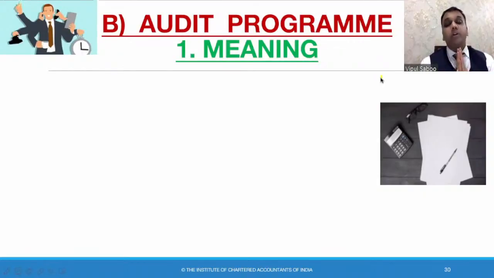Now, before proceeding with the audit, I sit with a diary and a pen, or a paper and pen, and discuss with the team. The engagement team crafts an audit program. What is a program? A program is a detailed step-by-step conversion of what you have planned. Step by step: reach the hotel at 10 in the morning. Two people, you go to the reception counter and tell them that you are here for the audit and ask them about whatever you require.